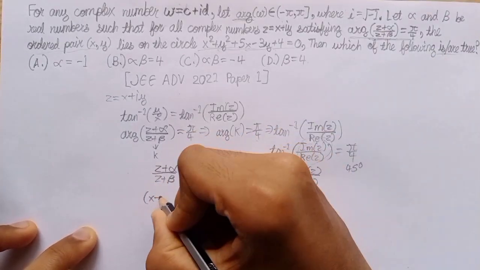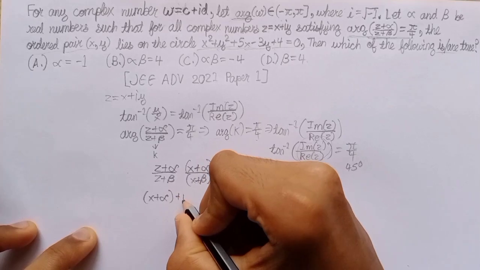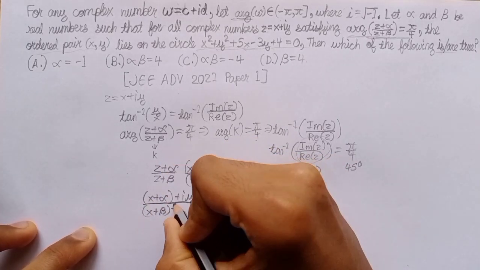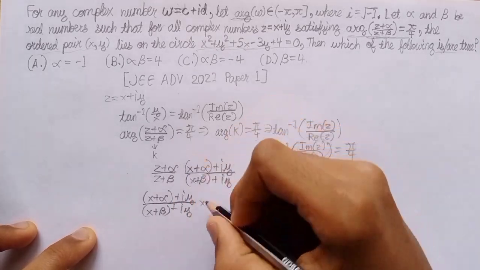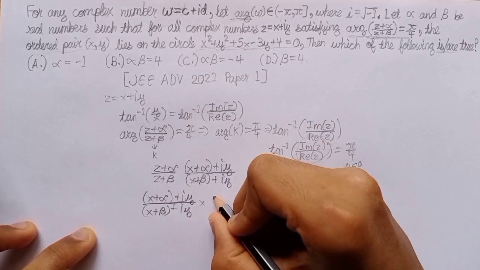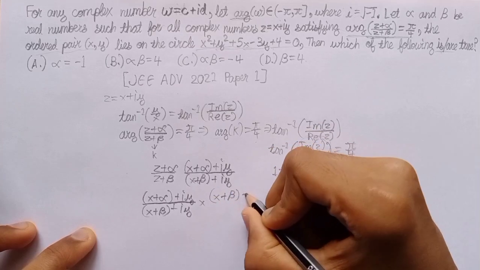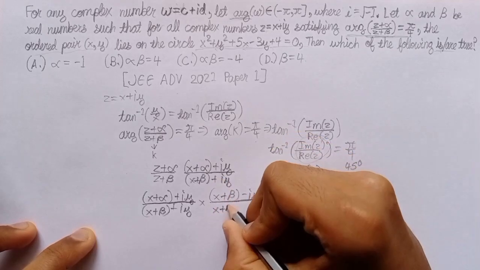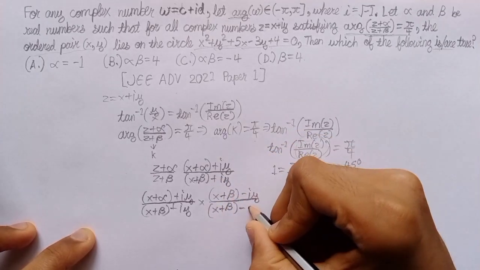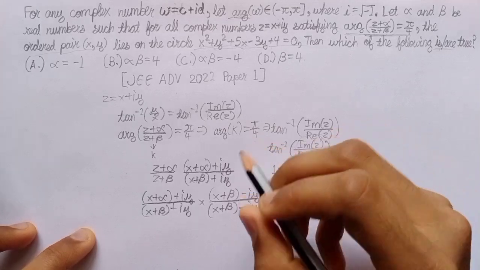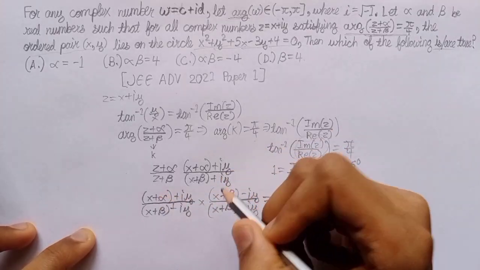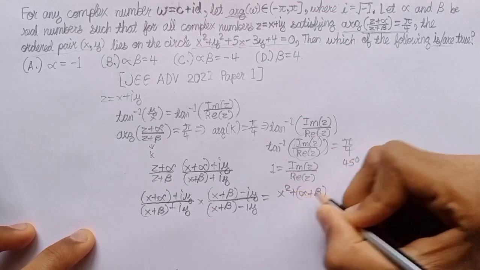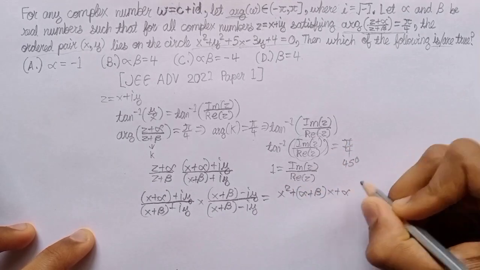So multiply both sides with the conjugate of the denominator. So here we have x plus alpha plus iy by x plus beta plus iy into the conjugate, which would be x plus beta minus iy by x plus beta minus iy. So this will give you, well, this is going to be x squared plus alpha plus beta x plus alpha beta,